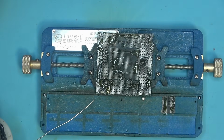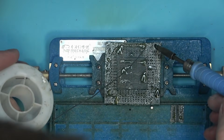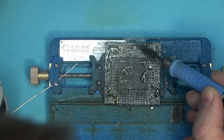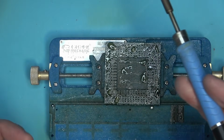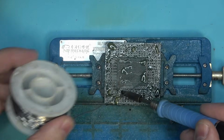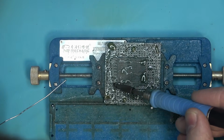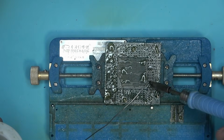Now the other good thing about this particular flux, and I'm expecting that given how butter smooth it was clearing the top of the board, is that some cards will have thermal paste under the core, and when you remove all that solder, it feels like you're scraping the bottom of the chip. It feels like there's sand in there or something, and this actually has to be the case because that's what we have here, but I don't feel it. It feels like this flux, given its oily-like behavior that I've seen earlier, lubricates that,